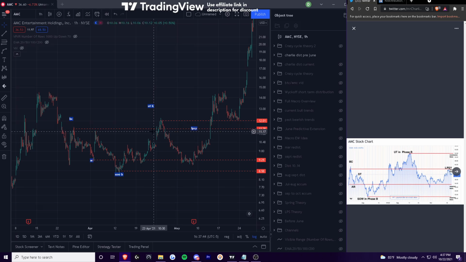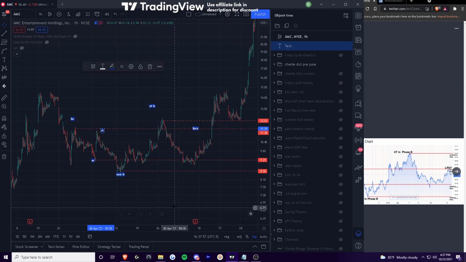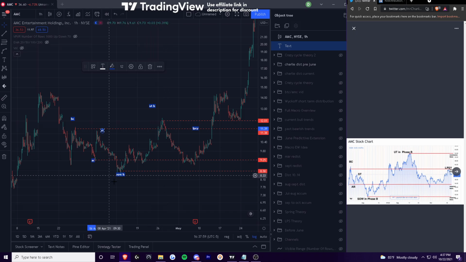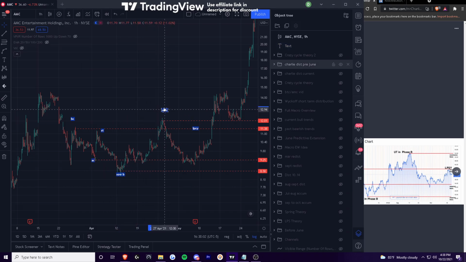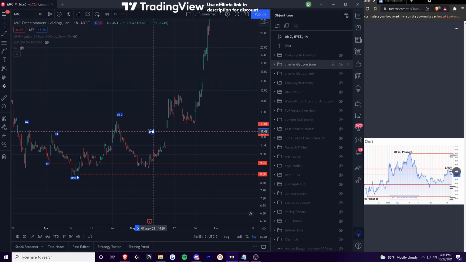So you have your buying climax similarly, right? It comes off of this big bounce here. Buying climax, an automatic reaction. I would say here is a sell test. You have a sign of weakness in phase B, an upthrust in phase B, and then this is actually how you determine the top of your trading range and then the bottom of your trading range using these lines. And then you have your last point of supply, probably somewhere around here,